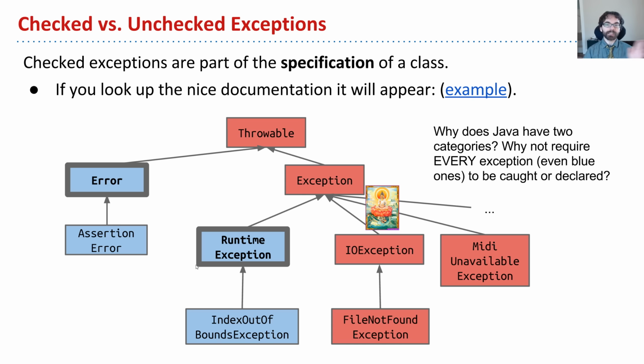So the last thing I want to say about exceptions, then we'll move on to other things, is the reason that Java does this, right? So you might ask the question, why does Java not require that every exception be caught? Maybe ponder that for a moment. But I mean, the answer is simply that these are exceptions you can't predict in advance, and if they do happen, what are you going to do about it? Like if you get index out of bounds exception, it's likely there's nothing you can do. But by contrast, if a file is not found, you can maybe ask the user to go get you the file or something. And so what's interesting about these exceptions, these are things for which a remedy conceivably exists. That's why Java requires you to handle them if possible.